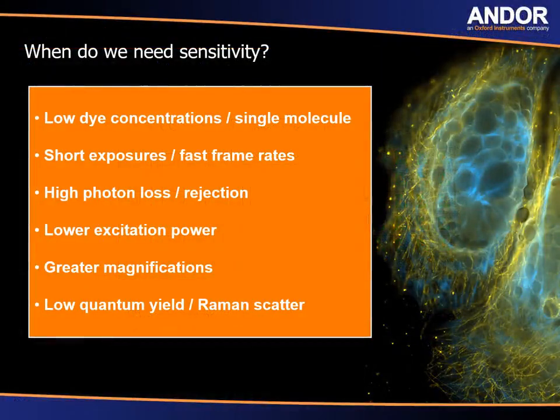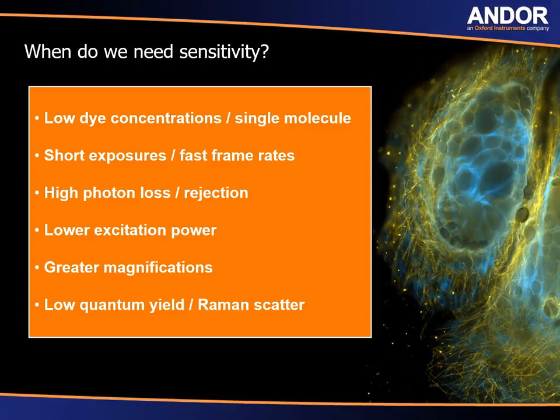So let's turn our attention to the concept of sensitivity. This is very fundamental to scientific digital cameras and distinguishes them from standard, high street digital cameras, or from the cameras in our cell phones. The reason we don't use the camera in our cell phone, and they are, to be fair, getting more and more sensitive, but one of the key reasons we don't call them scientific detectors is that they lack sensitivity. A lot of scientific applications simply need sensitivity, and here are some of the justifications. It's not an exhaustive list, but it typifies why different types of applications would demand that higher level of sensitivity